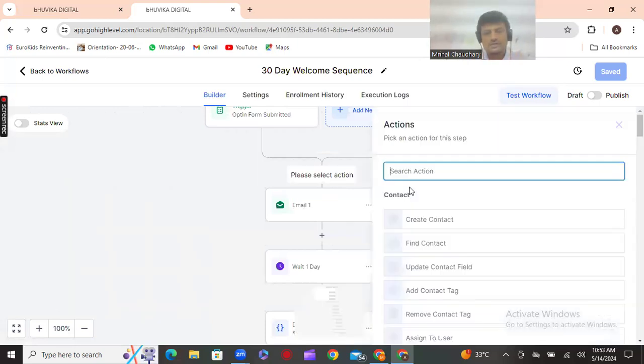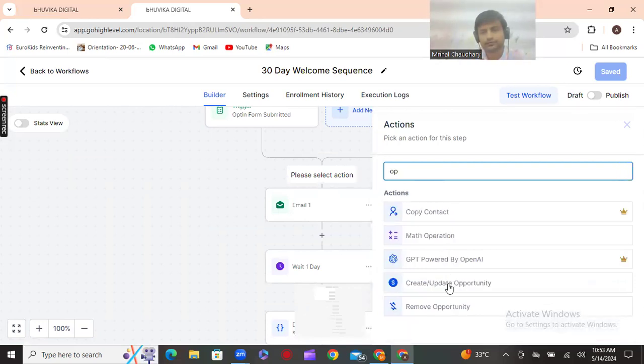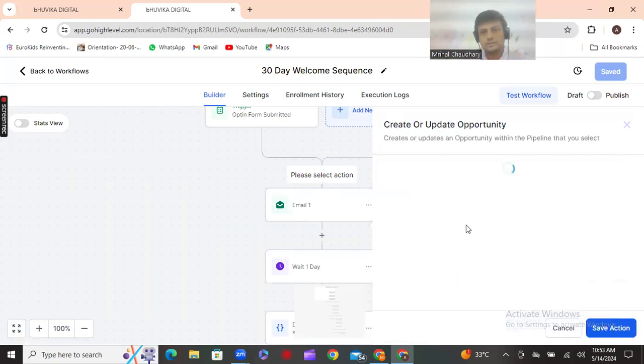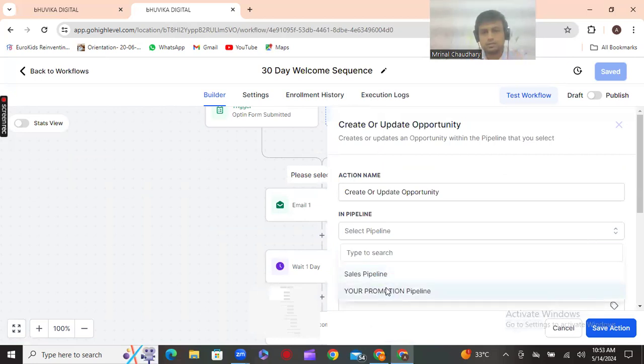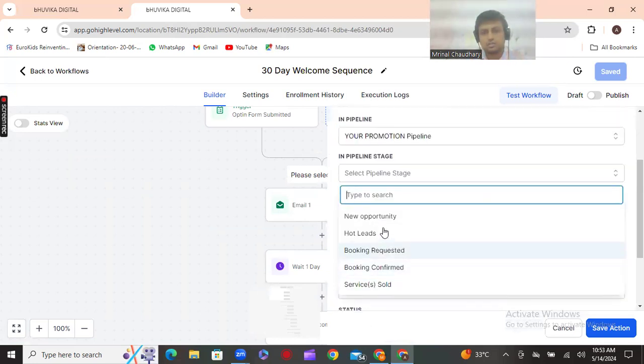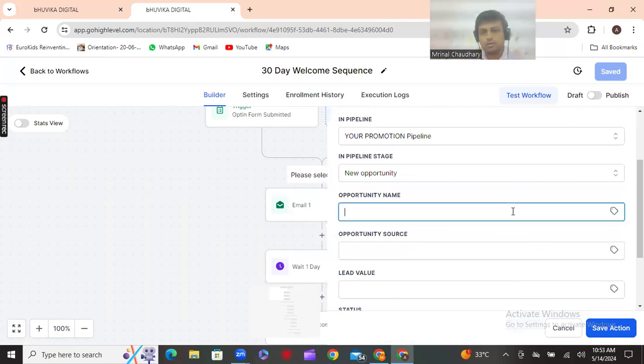Now I will select opportunity: create and update opportunity. You can select the pipeline, your promotion pipeline, stage, new opportunity, opportunity name,